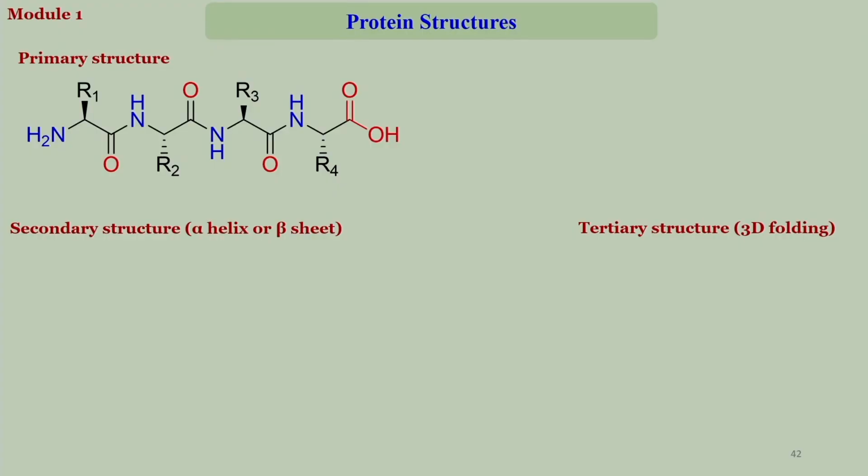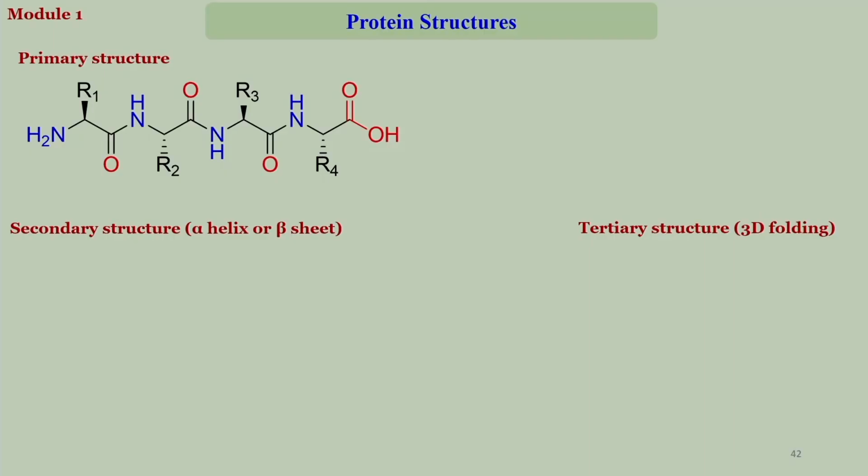Now, coming to the structure of the proteins. I will come to the Ramachandran plot in just a bit. Protein has this skeleton, as we have been discussing again and again, with the stereochemistry involved in it. Now, this is called the primary structure of the protein, which simply means the sequence of the protein, and then comes how the primary structure of the protein is involved in forming the secondary structure or the tertiary structure